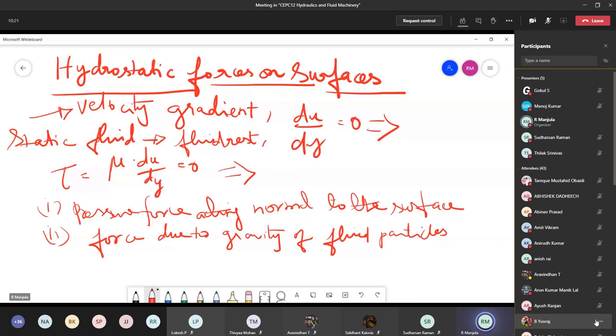So here in the pressure forces, what are the various surfaces we are going to consider? Various surfaces in the sense either it can be a vertical surface, horizontal surface, inclined surface, curved surface, or various types of surface which we are going to consider to find out the hydrostatic forces. Okay, now when we are talking about hydrostatic forces, we are going to see the pressures. Right, I'll tell you.